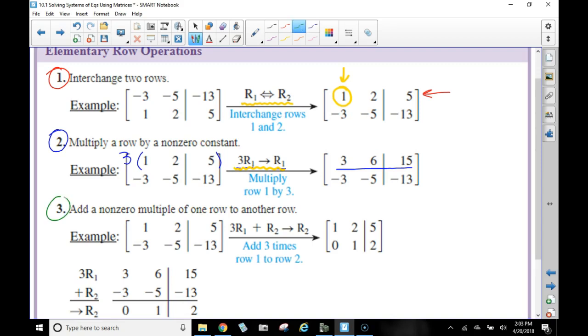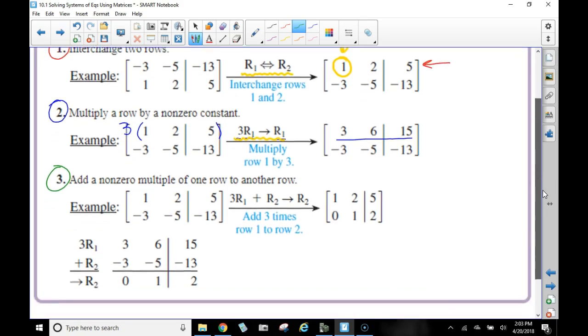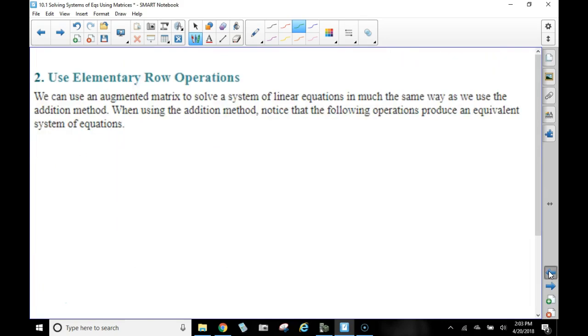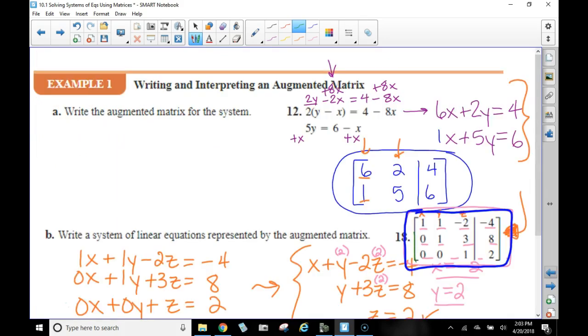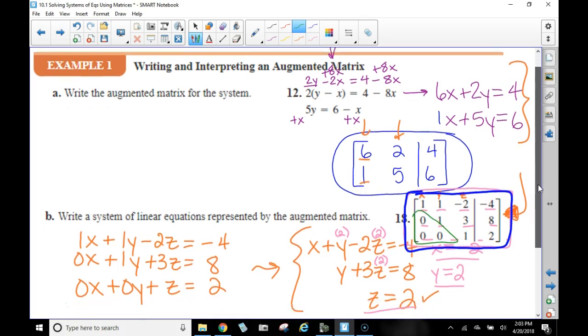The third thing you can do is add a non-zero multiple of row 1 to another row. Okay, so this is kind of like a combination of 2, also used with the addition property. You can add those equations together. So the reason we're doing this is because we want that to get away. We want that to become a 0. Okay, that was a pretty great thing when those bottoms were a 0 right in here,